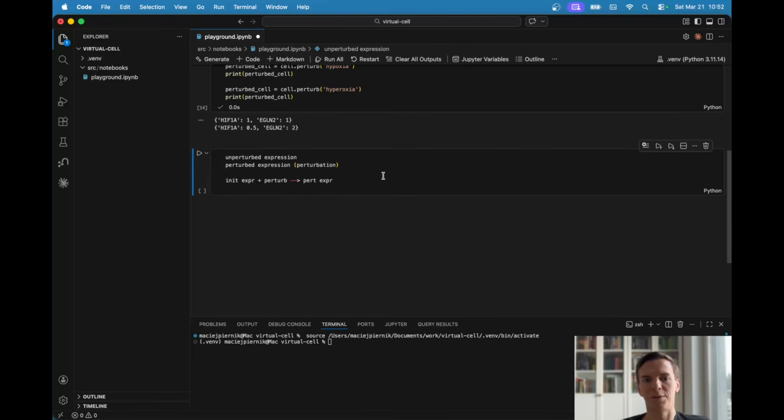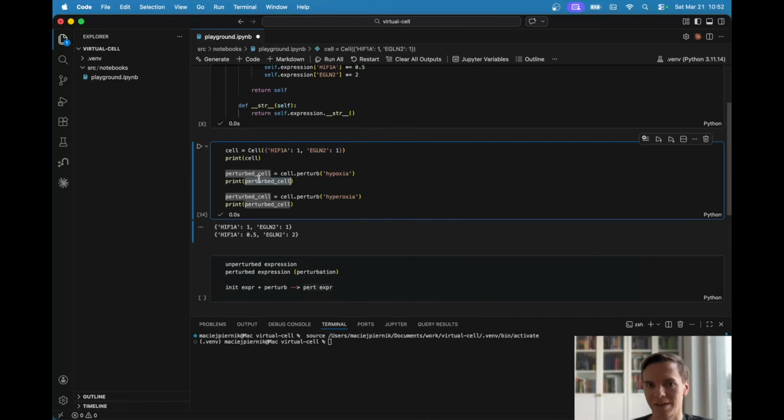Okay, so this is exactly what our model will get as an input, and this is exactly what we would expect our model to give as an output, exactly what we see here, right? So this is still a very, very useful model,